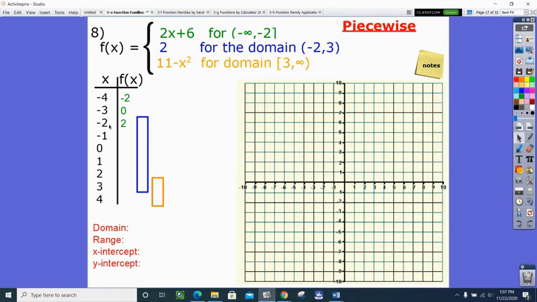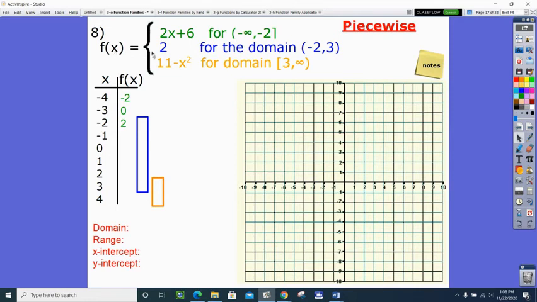Anyway, now when I get to this next one, I really shouldn't be using -2. It's not part of the domain. However, I kind of want to see where this guy is going to start. I'm going to put an open circle. So I'm actually going to put that -2 into this function. And basically, this function, everything you put in, you get 2 out. So for this piece, it's just